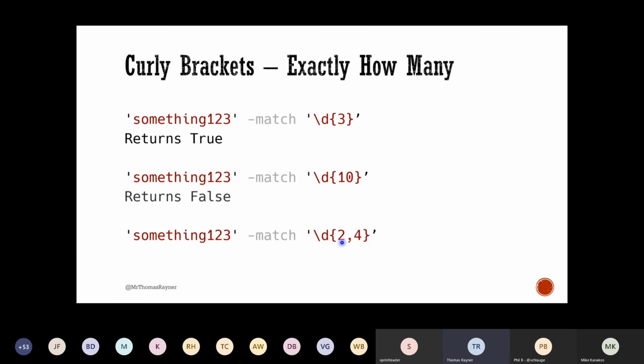So greater than or equal to 2, and fewer than or equal to 4 of this pattern. And this is true because we're looking for a number 2 to 4 of them. Well, that's only 1. That's 2. And 3 is between 2 and 4. And then we run out of stuff, the end of the line happens. But that pattern is found.